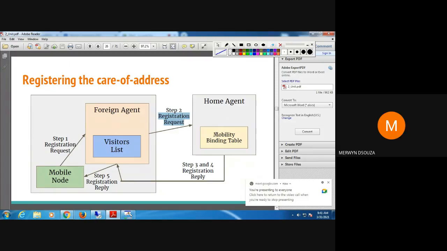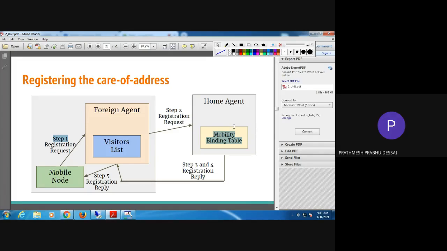It makes a link between that. In its table, it has the original address, and that original address it links with the temporary address, the care of address. So it basically binds the care of address with the original address of the mobile node. That is step 3.